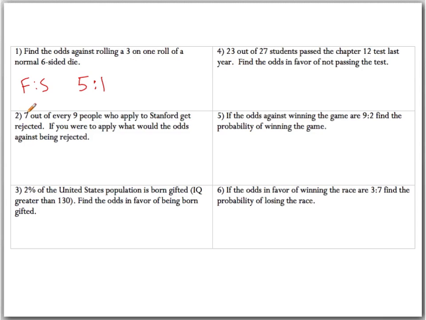In number 2, it says 7 out of every 9 people who apply to Stanford get rejected. So if you were to apply, what would be the odds against being rejected? So this one's kind of weird. We want odds against, which is still failure to success. But remember, this is talking about the event, and here our event is being rejected. So we have to think if you get rejected, that is a successful event. So if 7 out of 9 get rejected,